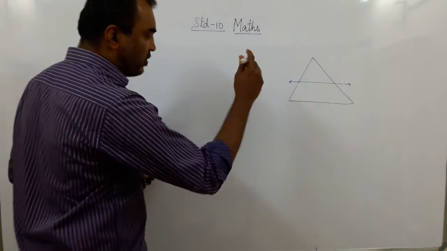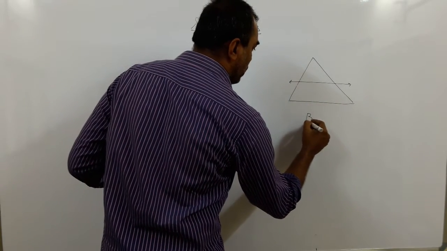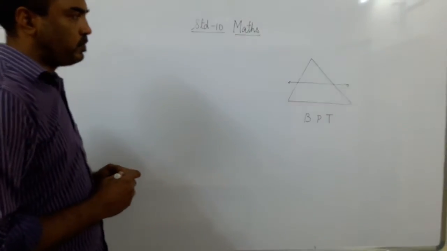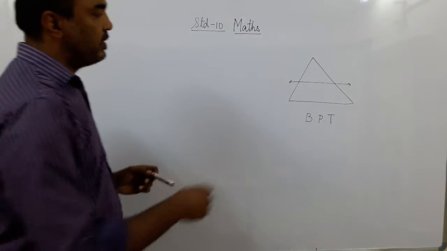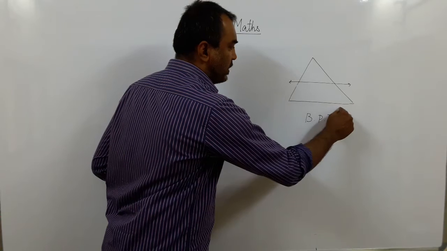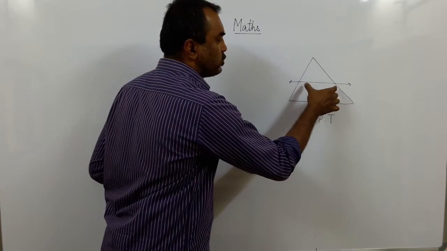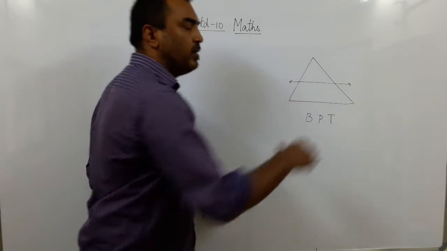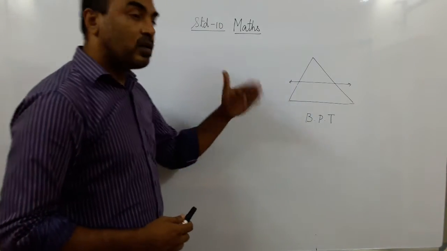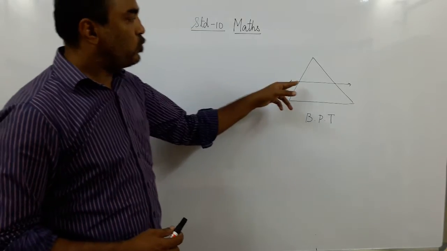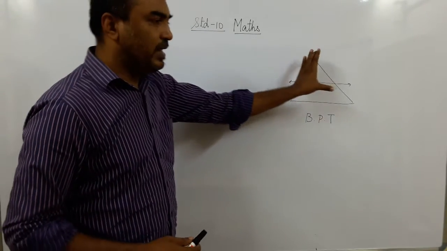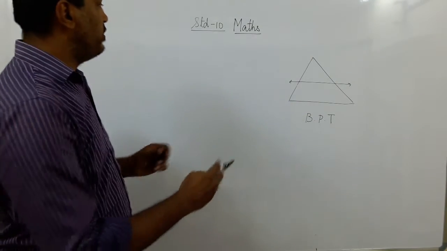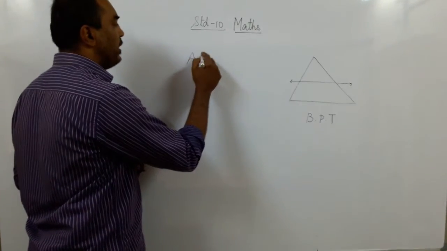This theorem, when we originally did it, was called BPT, the basic proportionality theorem. A line drawn parallel to one side intersects the other two sides at two distinct points. Then these points divide these two sides in equal ratios. In the converse also, if two points divide two sides in equal ratios, that line is parallel to the third side. Then we understood AAA.